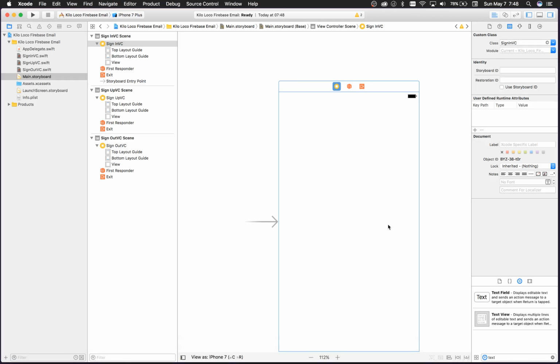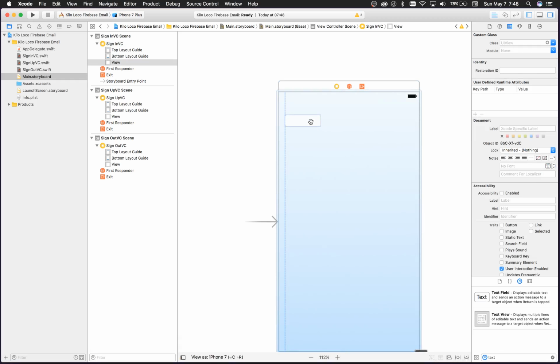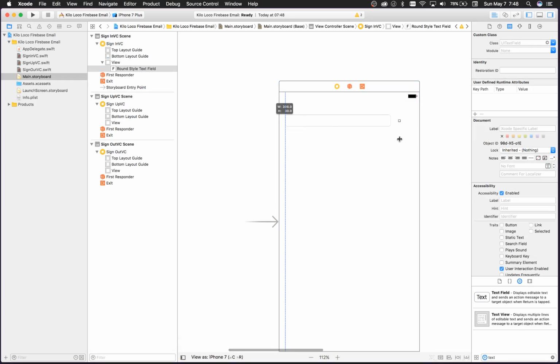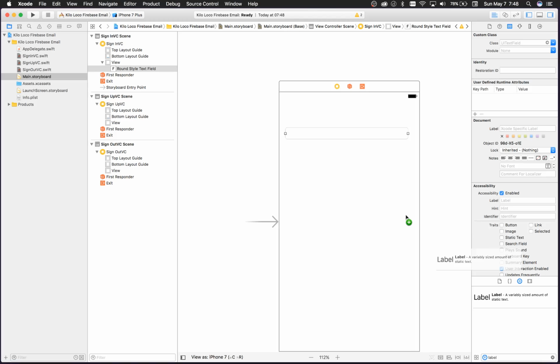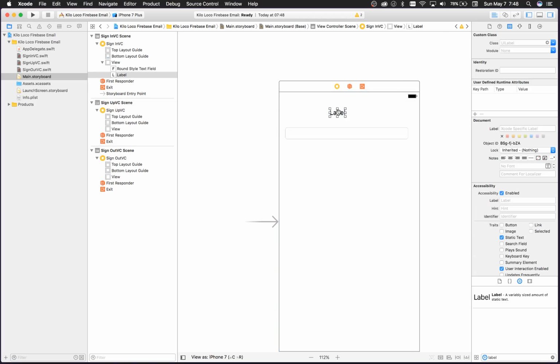All right, so normally you would have two text fields, right? You'd have the email text field and the password. I'm not even going to do constraints. I'm just trying to make sure that you can see it. Actually, let me start off with a label so that we can also tell which view controller we're looking at. So this will be sign in,